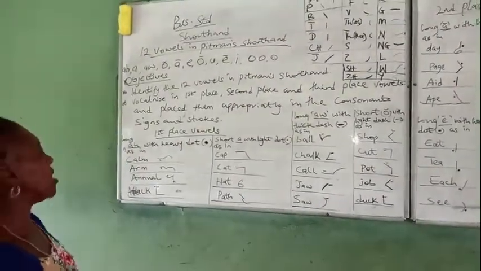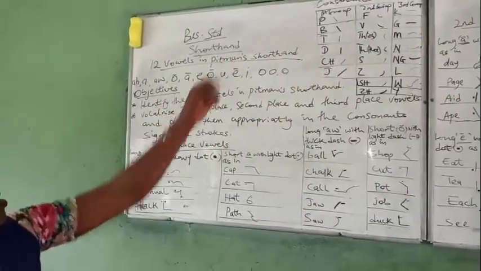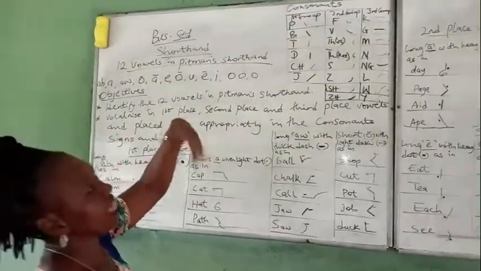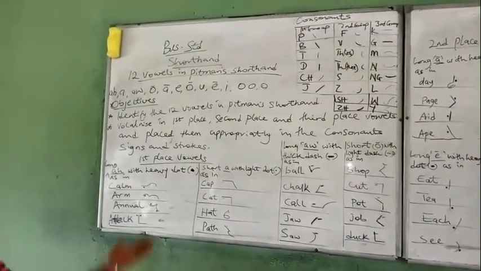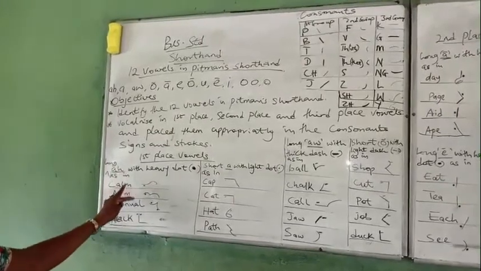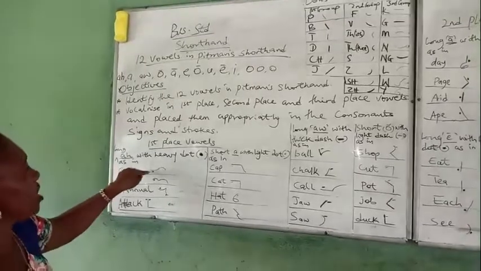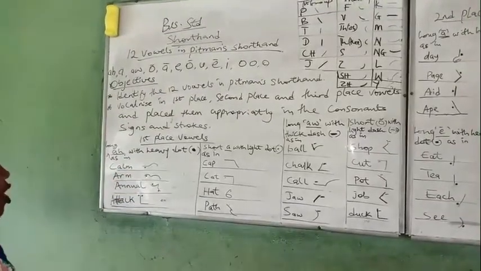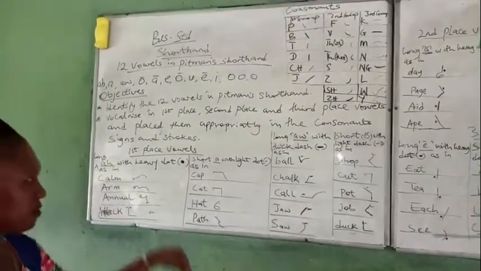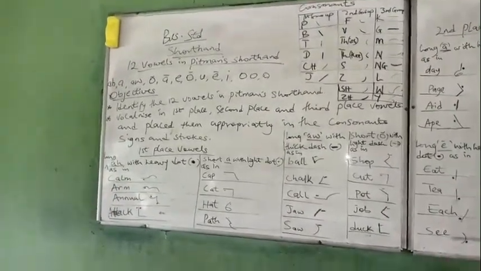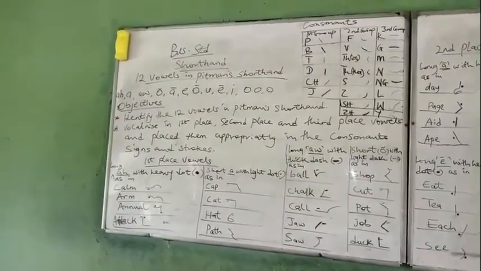In this first place vowel, you write the consonant sound above the line. It should not touch the line. If you look at my own line, it didn't touch the line, it's above the line. And when you are to vocalize, you vocalize at the beginning of the consonant, where the sound fits in. So we want to look at the first place vowel with the